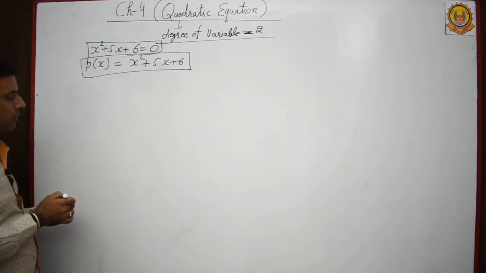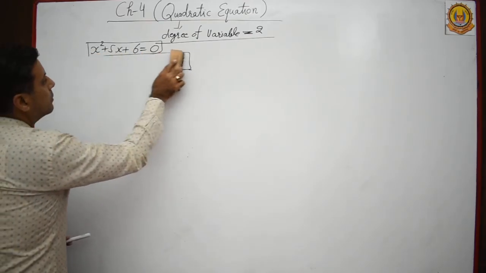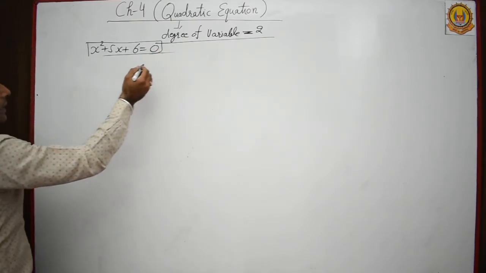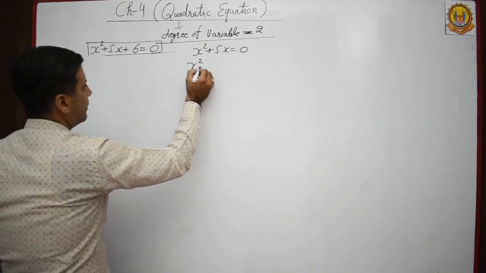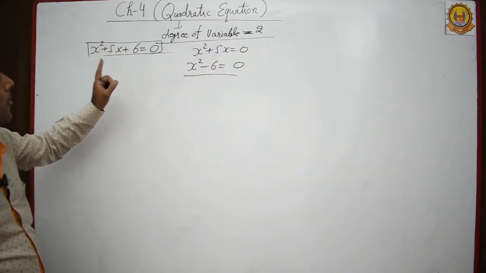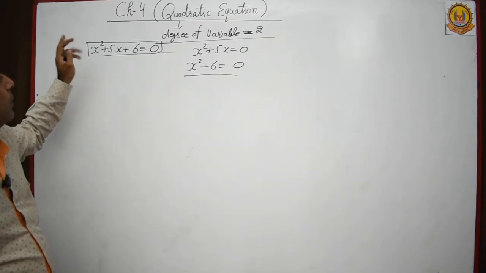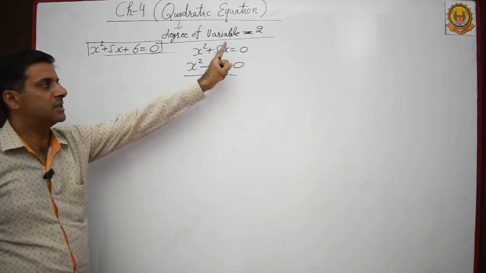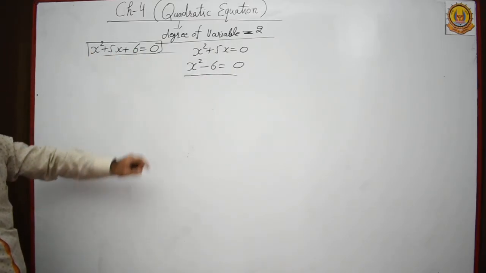ठीक है, so here we will do quadratic equation. So now, what is there in quadratic equation? Some more examples I am going to tell you, like x square plus 5x equal to 0, x square minus 6 is equal to 0. These are all quadratic equations, but this is called the standard form of the quadratic equation, because in standard form all the three terms are present. Here one term is missing in these two equations. So this is the standard quadratic equation.